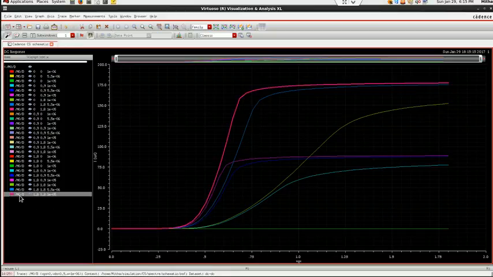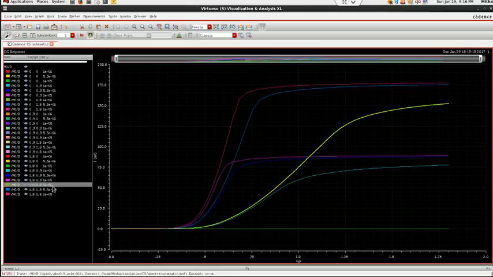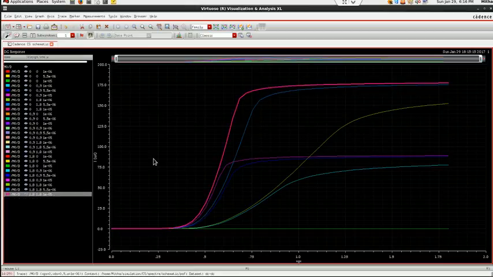And similarly, here 1.8 is for VGS and VDS 1.8, and the width is 10 micro. Similarly, both VGS and VDS are constant at 1.8, and the width is increasing from 1 micro to 5.5 micro to 10 micro. So you can see the variation in different parameters here while keeping other parameters variable.